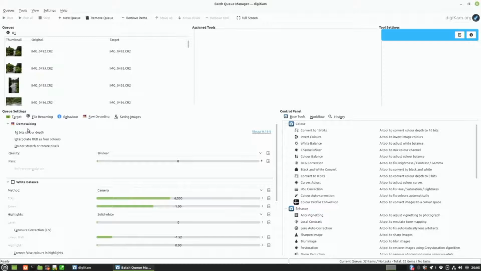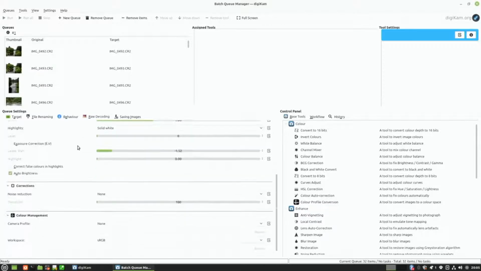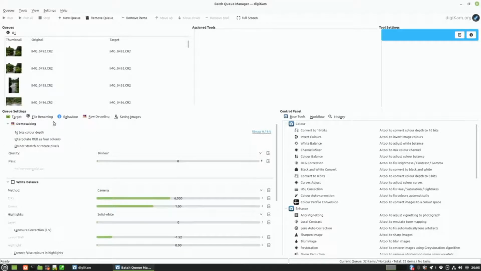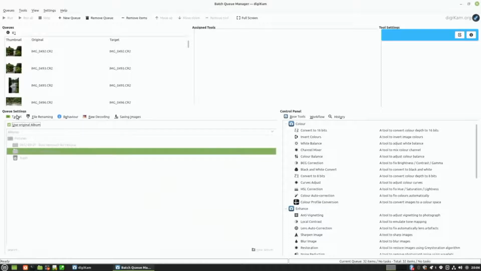So yeah, you've got the demosaicing. You've got control over that. I typically don't go into here. The defaults normally do fine for me, unless I'm doing something like HDR off a raw file, fake HDR, stuff like that. So anyway, you can see that,